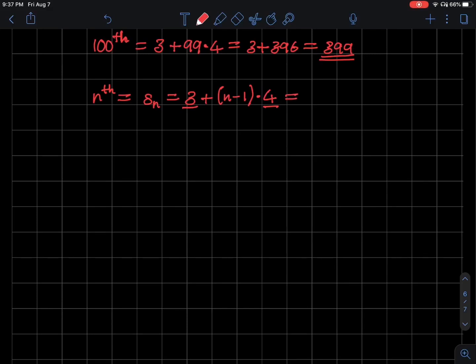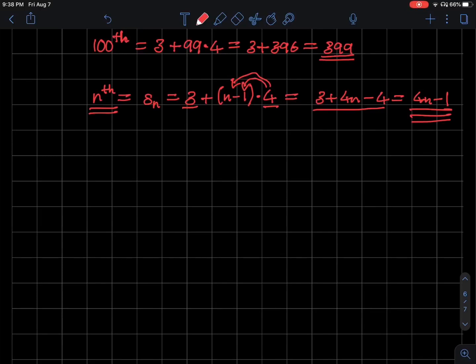And this will give you 3 plus 4n minus 4, which simplifies to 4n. 3 minus 4 is negative 1, so 4n minus 1. Now, all I did in this step here is I used the distributive property and multiplied out, just like basic arithmetic. So, look at that. We've just found a formula for finding the nth term, 4n minus 1, where n